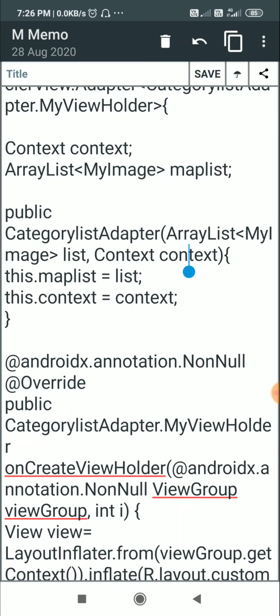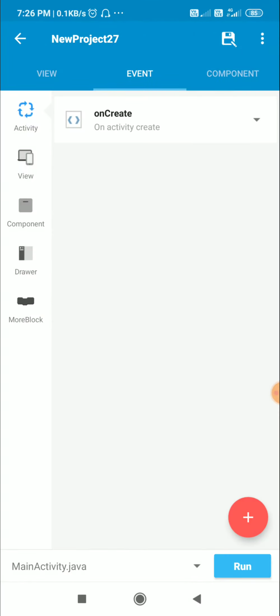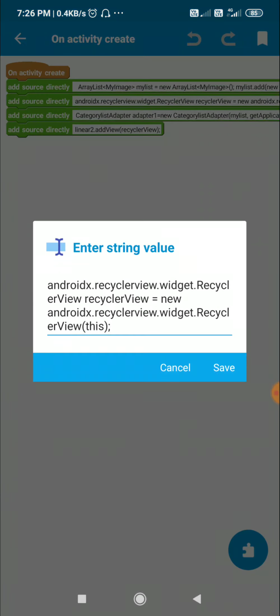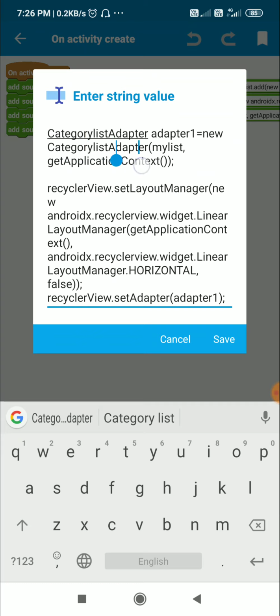I'll just show you how I used it in Sketchware. In onCreate, after defining the recycler view, I defined category list adapter called adapter1 by writing new category list adapter my list, which is array list my image, comma the context, which is get application context.